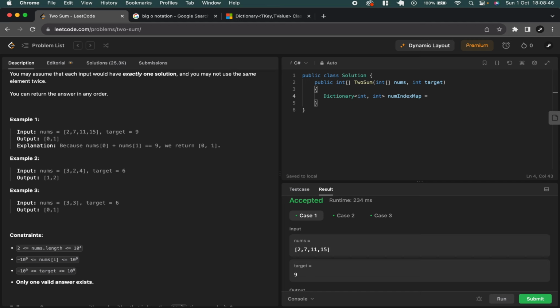And we're going to set this to a new dictionary. And essentially what this does is it's instantiating a new dictionary for us with C#. All right, so we've created our variable that's a dictionary that holds a type int for the key and type int for the value. So our key value pairs,